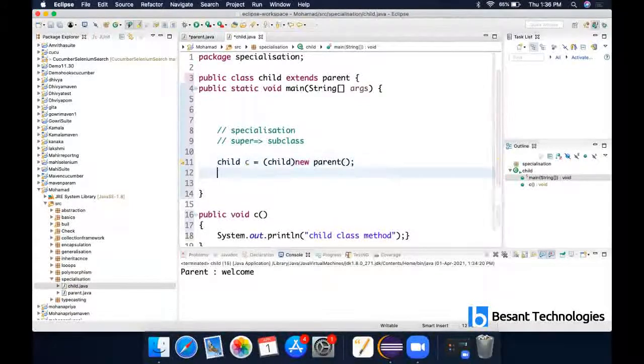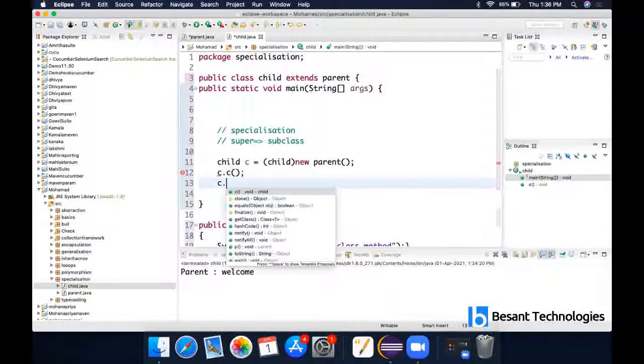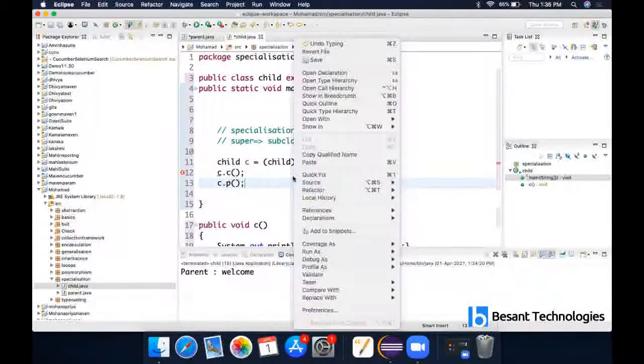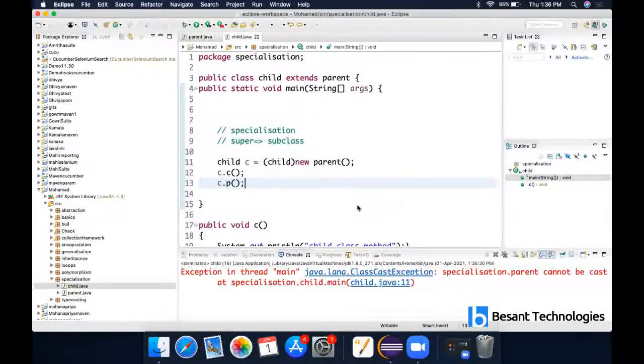But the problem with this, when I tried in this straight way, I can call both the methods, but I'll be getting runtime issues. When I straightly do the specialization concept, I cannot access both parent class as well as child class methods. Then what is the use, right? If you straightly do this specialization concept, you cannot call all these methods. That is parent class methods also you cannot invoke. It will come, but you will be getting runtime issues. So you cannot call parent class methods as well as child class methods.